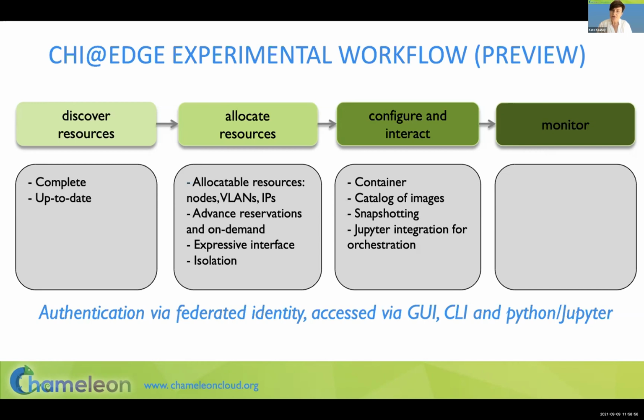Reconfiguration is handled via containers. As in Chameleon, you get access to a catalog of images. You can configure those images further and snapshot them. And of course, you get that coveted Jupyter integration and Jupyter access to your edge devices, right? From edge to cloud resources, right? So you can structure experiments from cloud to edge. And of course, all of this gets authentication via federated identity, just like the rest of Chameleon, and access via GUI, command line interface,